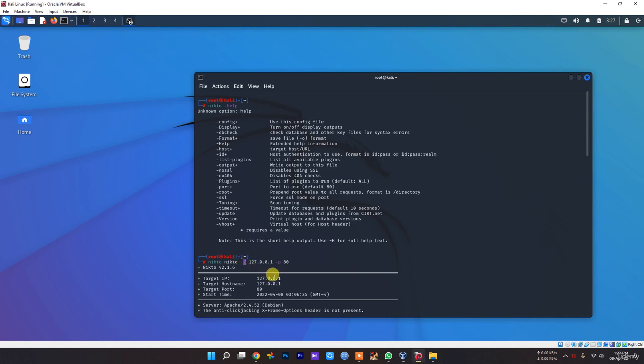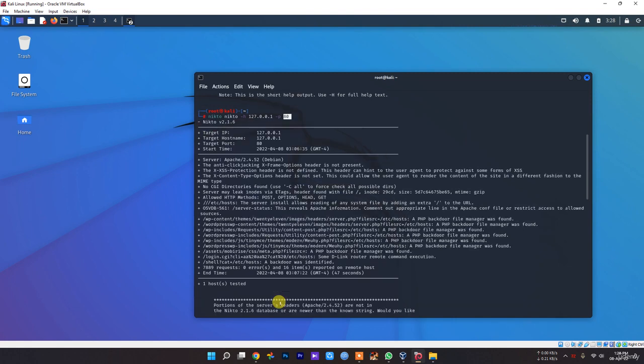Now I specify the port. For the port we are going to use -p, and the port is 80. As you can see, the default port is 80, but you can define any port in here. You can choose anyone you want. So you use -p for specifying the port, which is port 80. So if you just press enter,